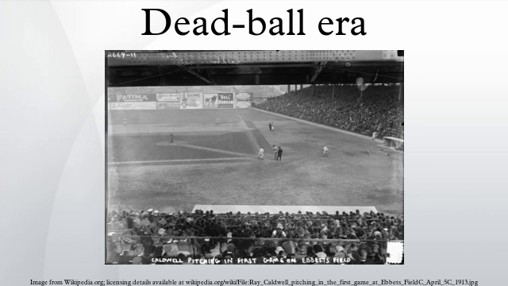Changes in the ball. This theory claims that owners replaced the ball with a newer, livelier ball, presumably with the intention of boosting offense and, by extension, ticket sales. The theory has been rebutted by Major League Baseball. The yarn used to wrap the core of the ball was changed prior to the 1920 season, although testing by the United States Bureau of Standards found no difference in the physical properties of the 2 different types of balls.